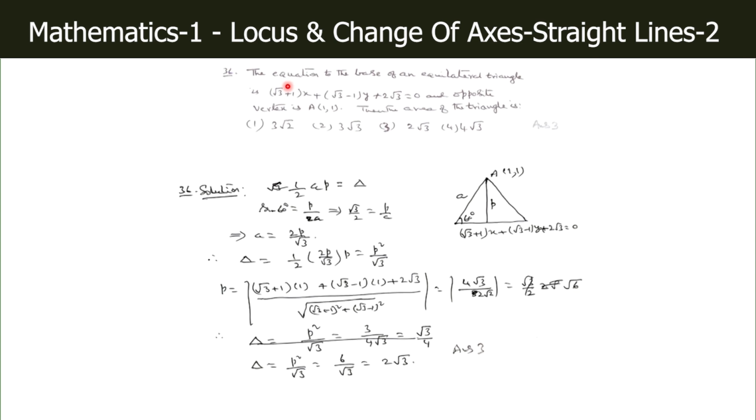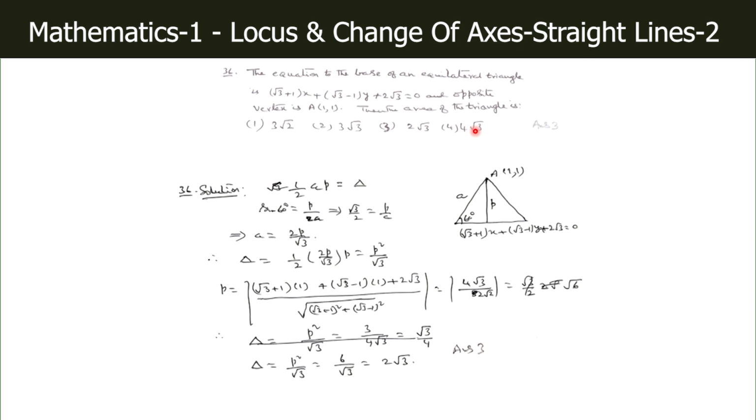Next, the equation to the base of an equilateral triangle is (root 3 + 1)x + (root 3 - 1)y + 2 root 3 = 0 and the opposite vertex is (1, 1). Then the area of the triangle is: first option 3 root 2, second 3 root 3, third 2 root 3, fourth 4 root 3. Now here